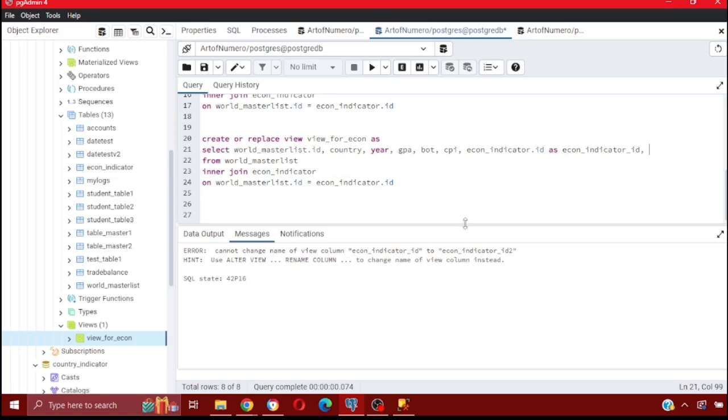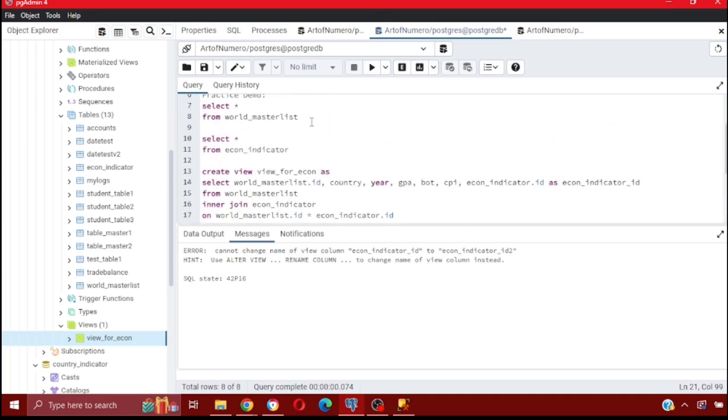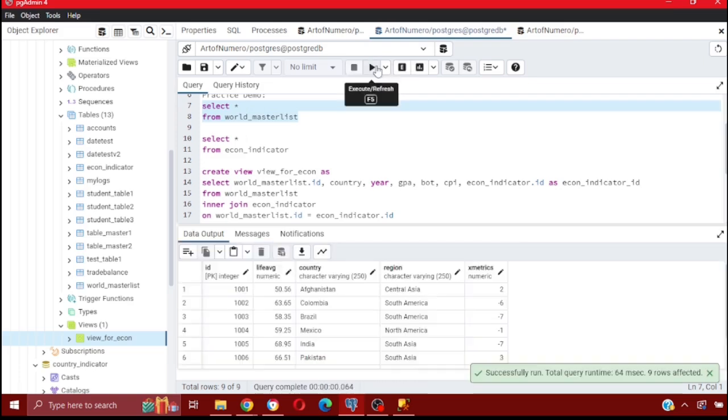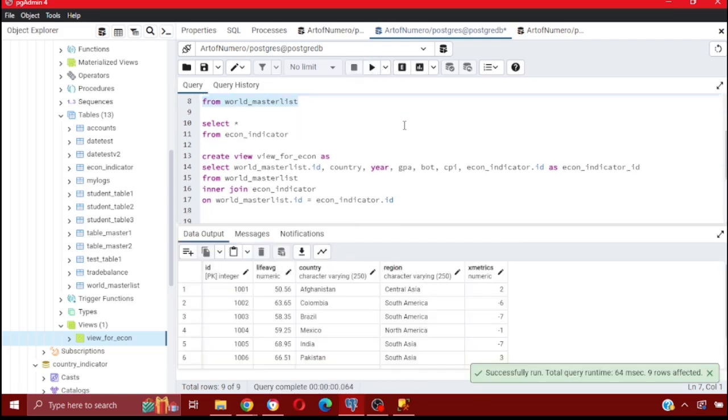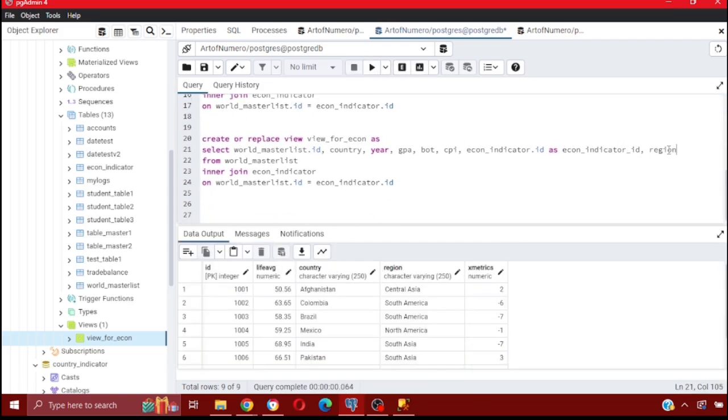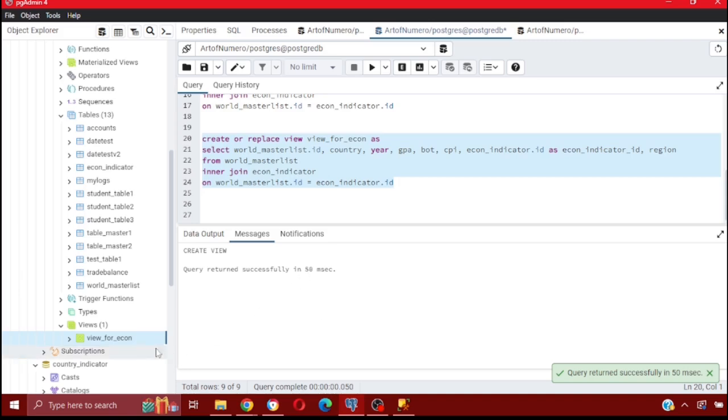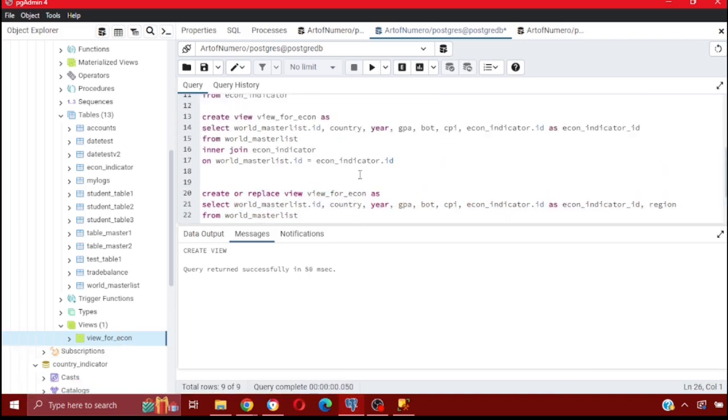But let's say we want to add a next column from the master list. I think we only chose one or two. Let's say we want to add the region there, right? Let's say region. This is gonna replace it now. This is gonna update it for us. There you go. And if you were to look at it again,